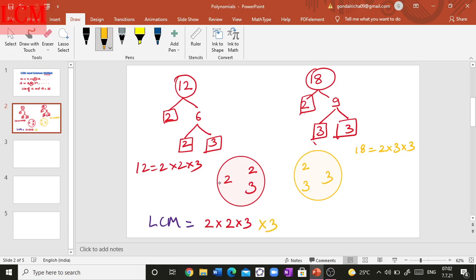So this is how our LCM will be 2 multiplied by 2 multiplied by 3 multiplied by 3, that is 36. So this is the way to find the LCM of given numbers by the method of prime factorization and grouping their